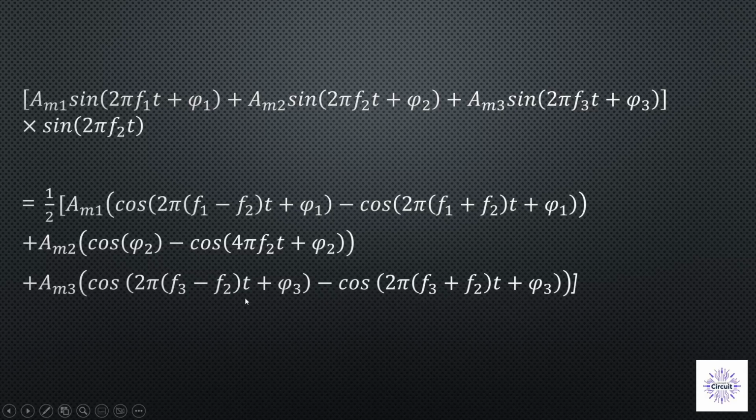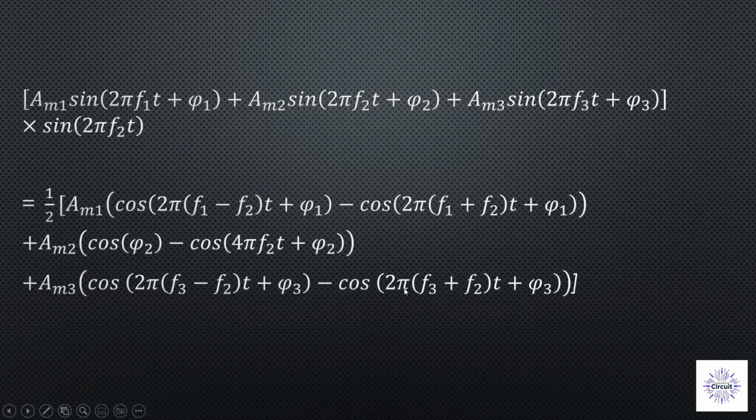What happens here is that, assuming f1, f2, f3 are far enough apart from each other, f1 minus f2 will not be zero, right? Or f3 minus f2 will not be zero. So these tones will not be constant over time. Also, these terms, f1 plus f2 or f3 plus f2, will not be constant over